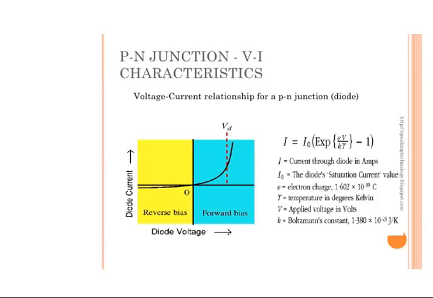Now when we draw a graph of V versus I, it is called the VI characteristic curve. This curve gives us exact details of the VI characteristics of forward and reverse bias. In forward bias, for this region, the current is very low initially and then there is a sudden rise in the current. The point at which current rises sharply is known as the knee point on the IV characteristic curve, and the corresponding voltage is called the knee voltage.